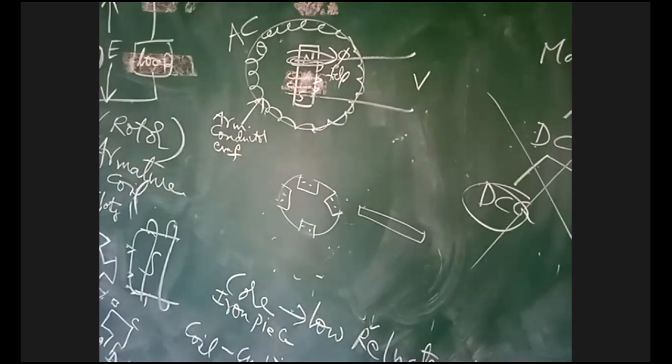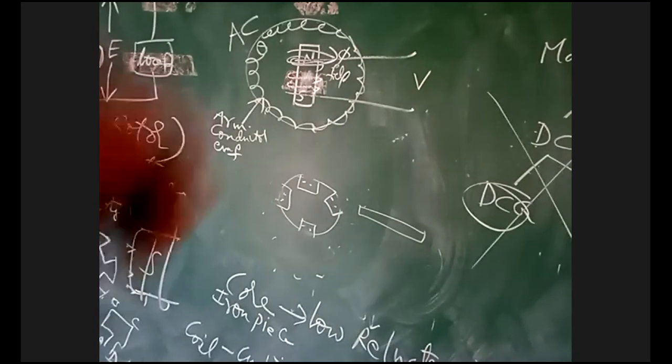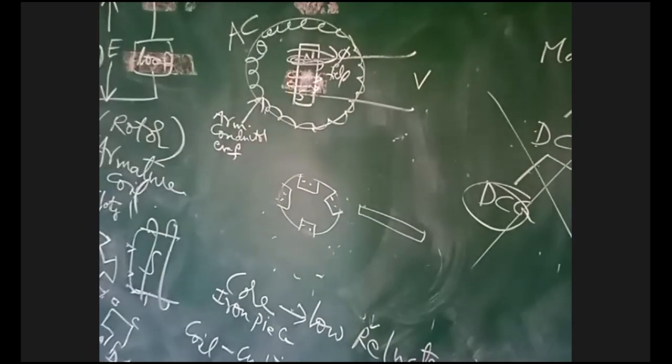In the copper rods, EMF is induced. That is rotor copper. These copper rods are in three-phase star connection. The rotor is in star connection, and EMF is induced in the rotor. Rotor means copper rods. Stator coil is used only to generate the flux. Due to the mutual induction principle, EMF is induced in the rotor copper rods.